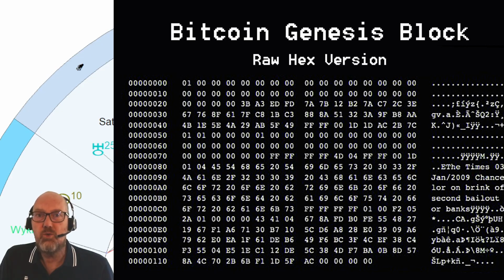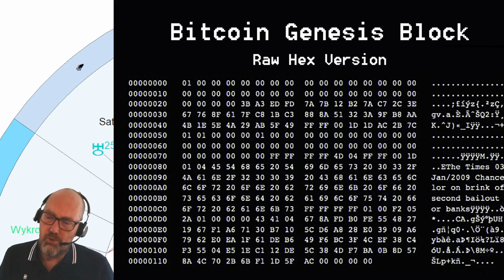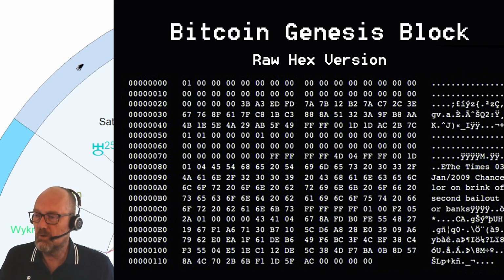Okay, now it's time for me to put my money where my mouth is and to show you some asteroid action. I want to show you the birth chart or the natal chart of Bitcoin. The date is generally thought to be the 3rd of January 2009, and the occasion is the Genesis block. It's a very Christian metaphor there for the idea that the Bitcoin blockchain is started up. The first blocks are being produced on this day, the 3rd of January 2009, all being mined by Satoshi Nakamoto himself.